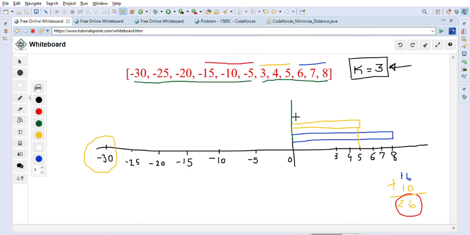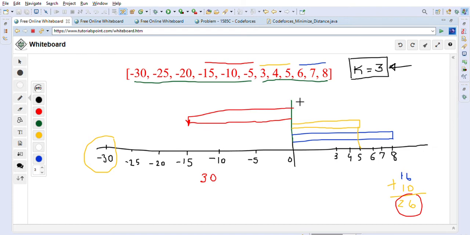So we will pick up some 3 bags. We will go -5, -10 and -15. So we delivered all the 3 here, and now we are again walking back, right? We walk back. So 15 plus 15, the distance is 15, right? So total 30 distance we have walked already, correct?